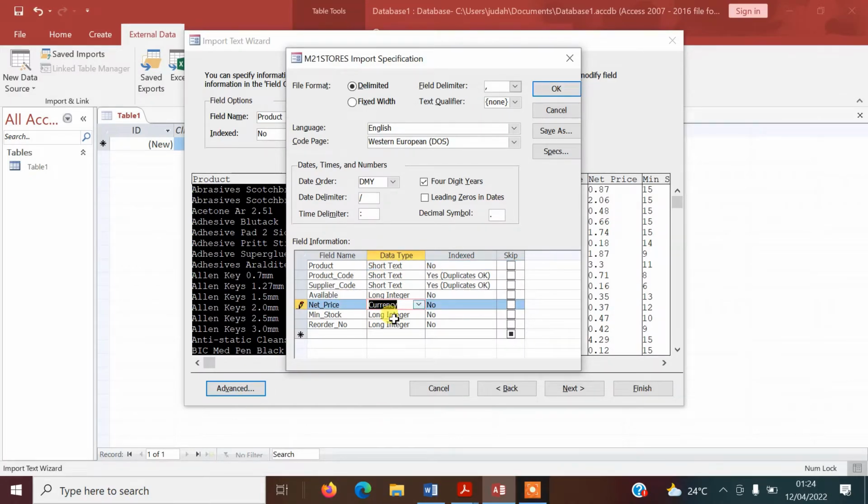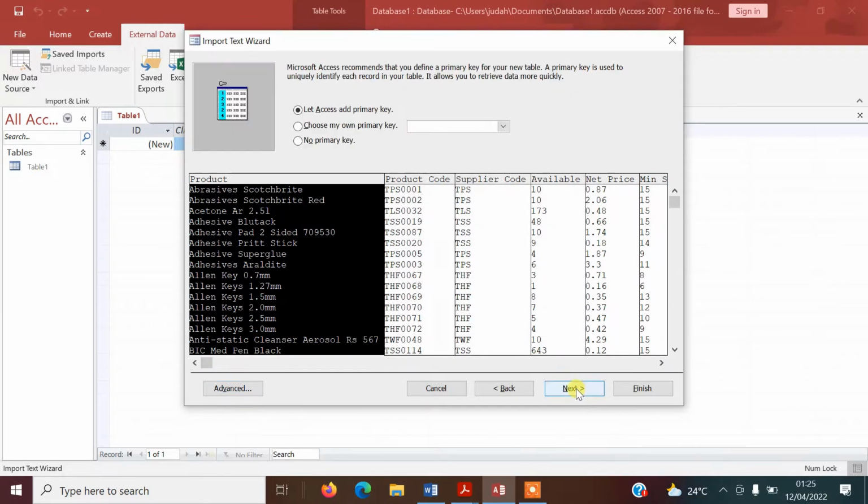Okay, so I changed net price to currency. I've left the other numeric values as long integer, because I want to really have a look at what the data is. I should have done that at the start, and that's what I would recommend you do. Have a look at the data before you begin, just so you know what type of numeric values there are. So that will help you to know the data type to put in, but I'm going to leave it as long integer for now. Press OK there,